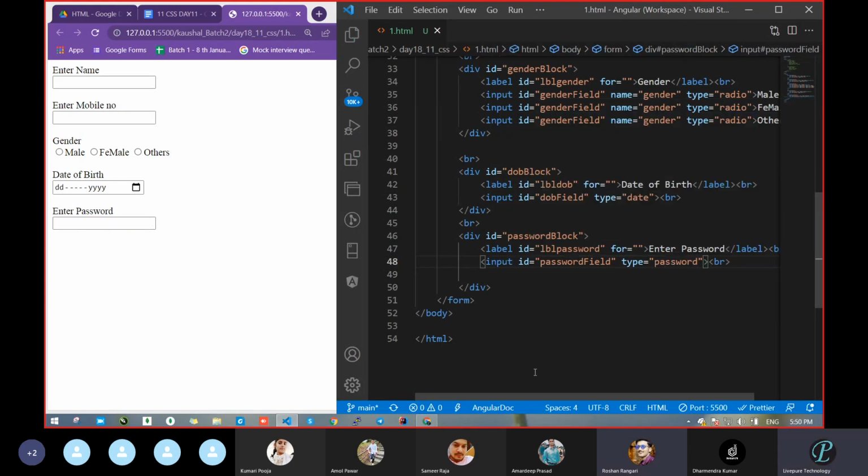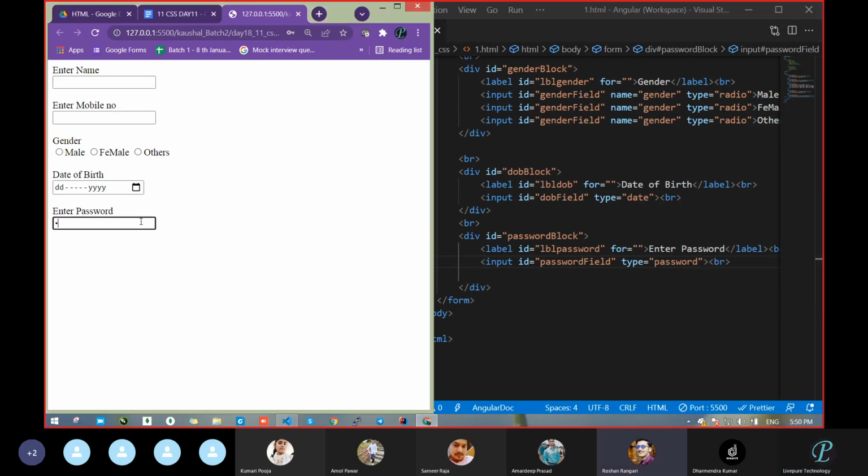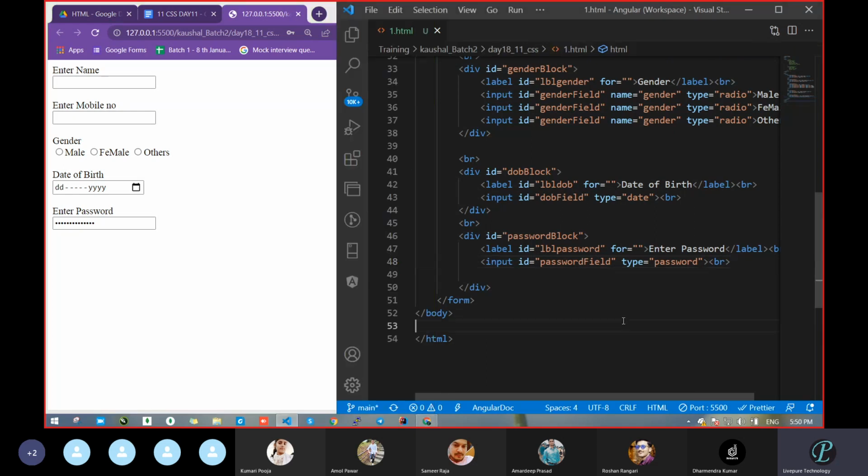Okay, and now let's see. Got it? This is type equal to password. It got encrypted. Who is on unmute? Please mute. So this way we can encrypt and decrypt. In JavaScript, we can see how we can take all this data.